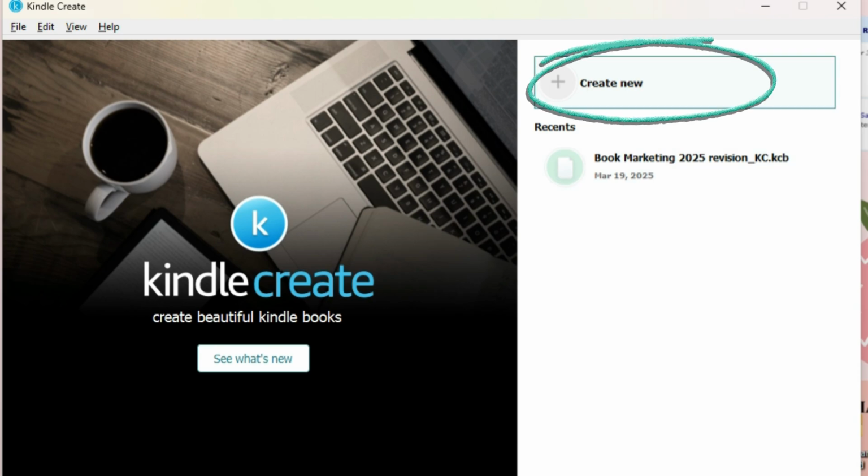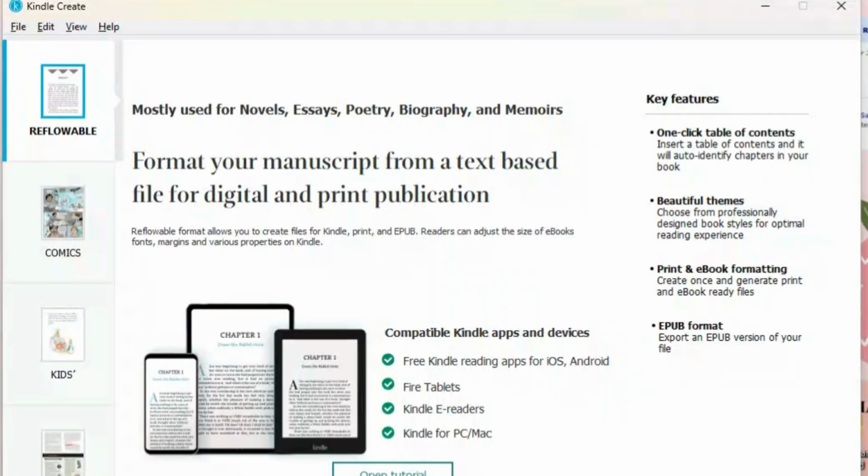and be able to create a new test file just to show you. I don't plan on actually using this. When you go to create a new file, you are going to see several options. One is reflowable. This is what you're mainly going to use if you wrote a novel, primarily all text. You wrote a nonfiction book that is all text, that does not really have any images, tables, or graphs in it. This is what you want.